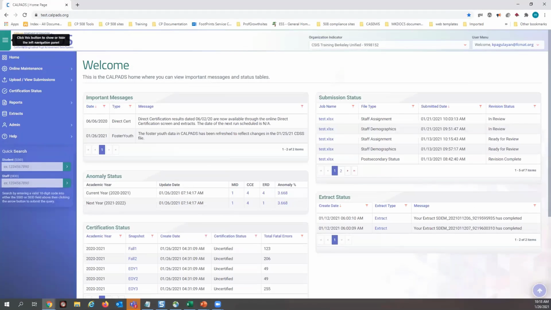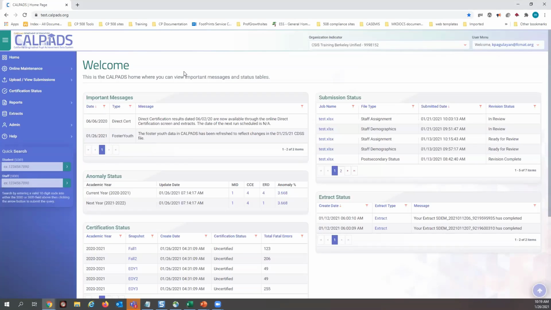Okay. So we have here some questions on staff. I won't discuss how to upload files because that's basically a basic functionality. If you want to know about that, then by all means go to the CalPADS basics training for SDM data population. So there are some scenarios that I just want to show you here.